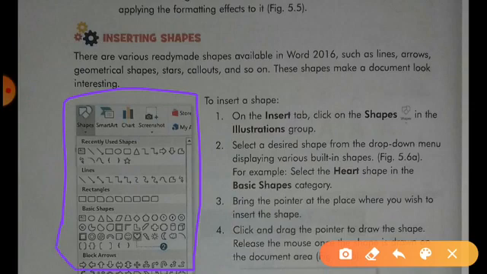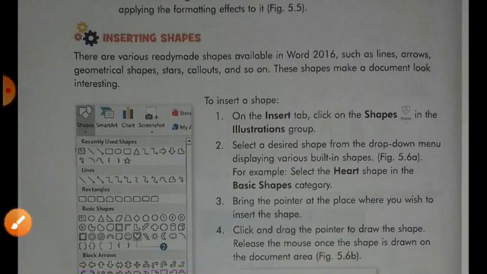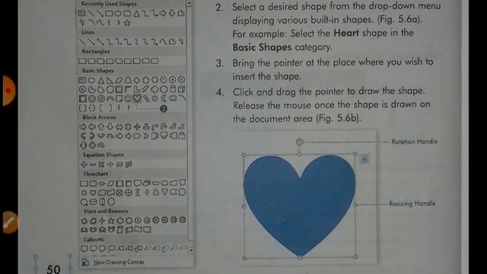Okay, so for example students, select the heart shape in the basic shape category. Bring the pointer at the place where you wish to insert the shape, and click and drag the pointer to draw the shape. Okay, and release the mouse once the shape is drawn in the document area.